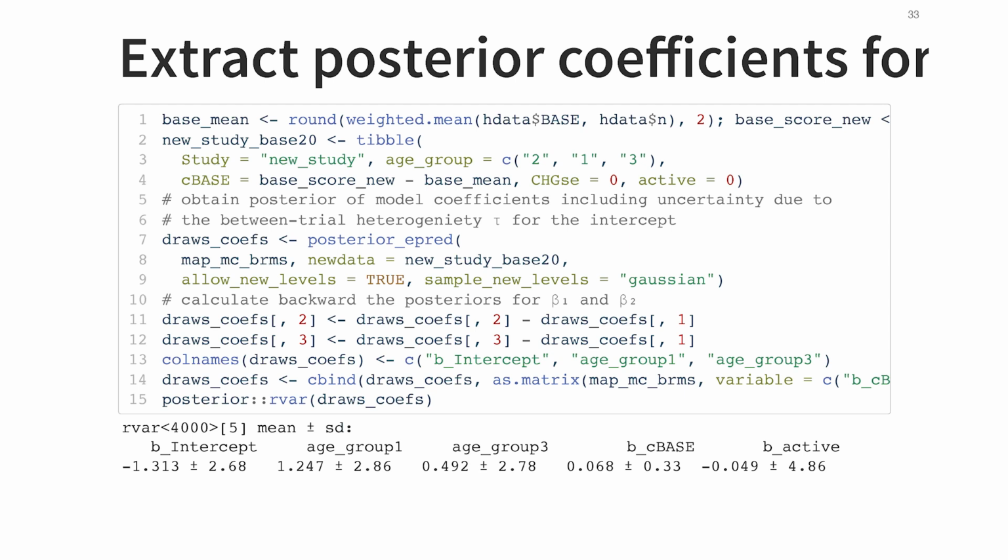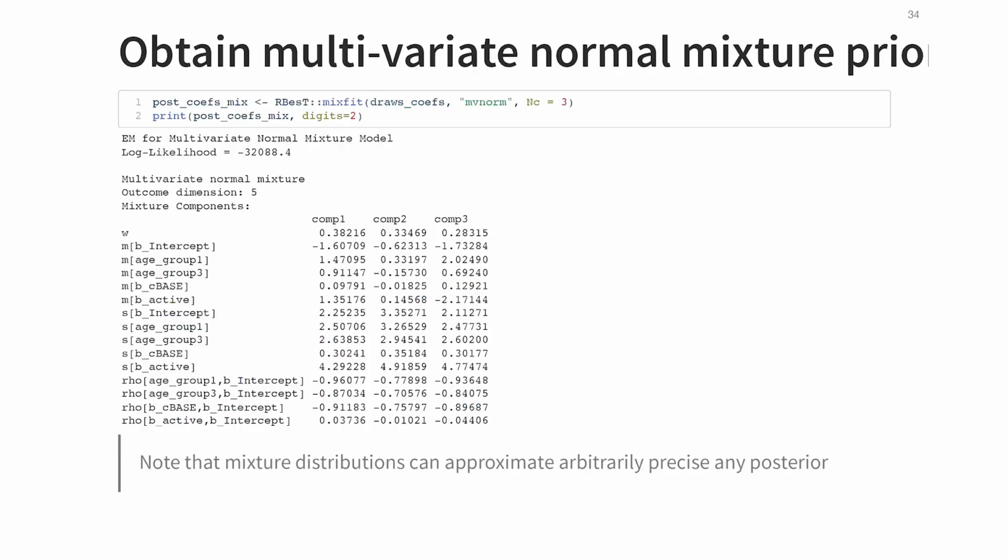Okay, still MCMC sample, but we want to document things in parametric form. And here is where RBest can give you a multivariate normal mixture fitted to this posterior sample and summarizing it for you in parametric form. Of course, going multivariate normal means it's a few more parameters to write down, but still you can do that.